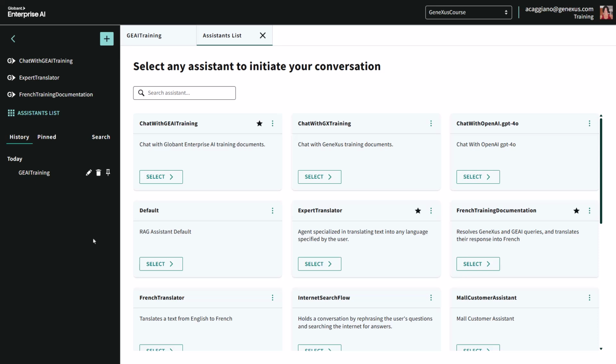To pin the conversation, we click on the pin icon and the conversation will automatically appear in the corresponding tab. To unpin a conversation, we click on the crossed out pin icon and the conversation disappears from the tab. As for the Search tab, it allows us to find specific conversations,